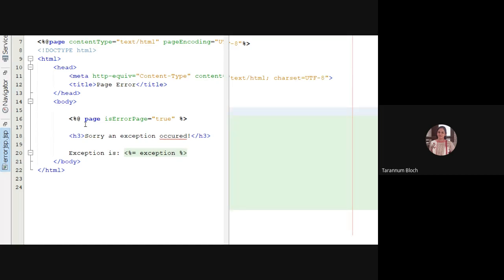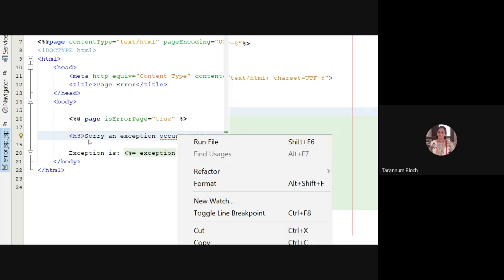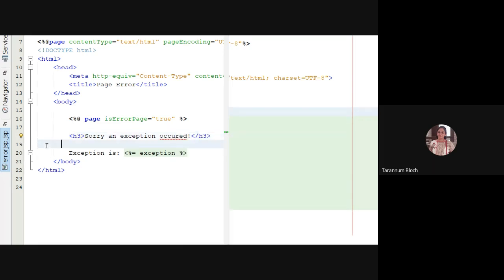But I'm saying that this page's isErrorPage property is true. So this page is not for the business logic, it is for error handling. So we're giving a simple message, sorry, an exception occurred, right? And we are saying exception is, we are printing an expression, using an expression scripting element, and we are putting the implicit object exception.